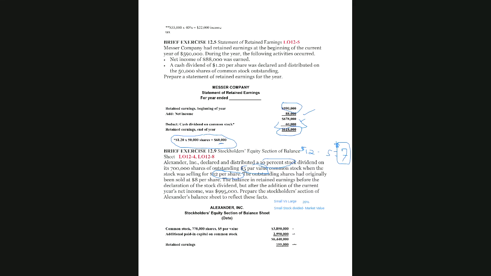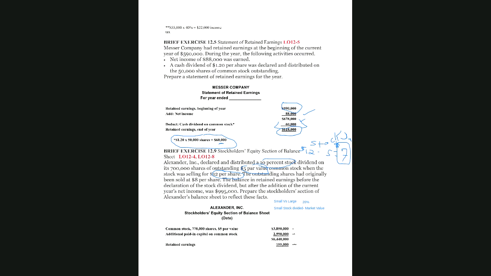Alexander has 700,000 shares of outstanding $5 par stock. When the stock dividend was declared, the market value of the shares was $12 per share. Par was always 5. The difference was $7 per share, and that's the amount that gets credited to additional paid-in